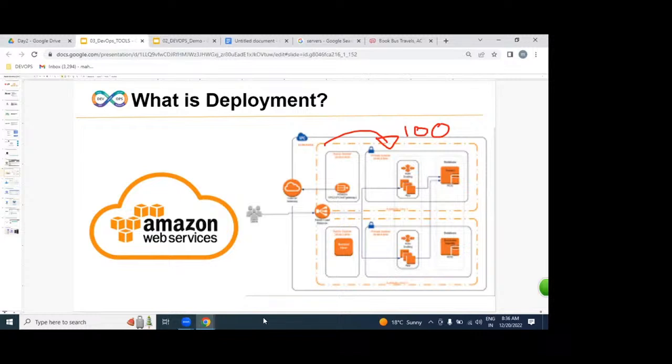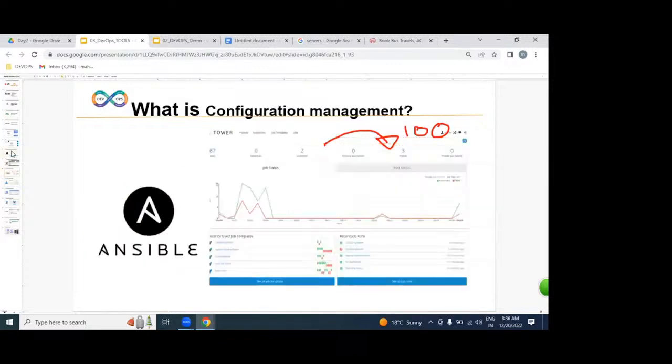We can get servers from a physical environment and implement the DevOps process. We can get servers from virtualization and implement the DevOps process. And moreover, we can get servers from the cloud. Which cloud are we going to be learning? AWS. Any cloud, Azure, AWS, Google. If you want the infrastructure, we can get it in any form. On top of it, we are going to implement an automated process with the help of Ansible and Chef.